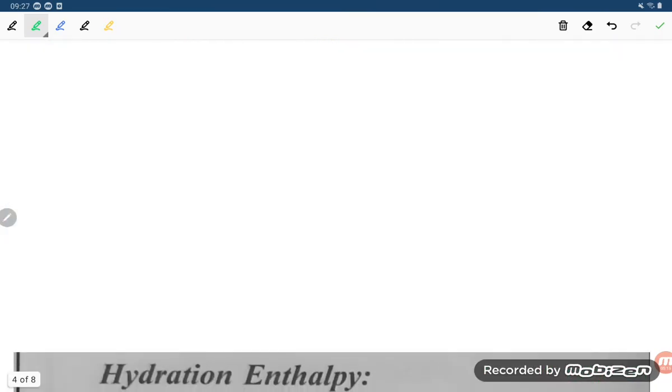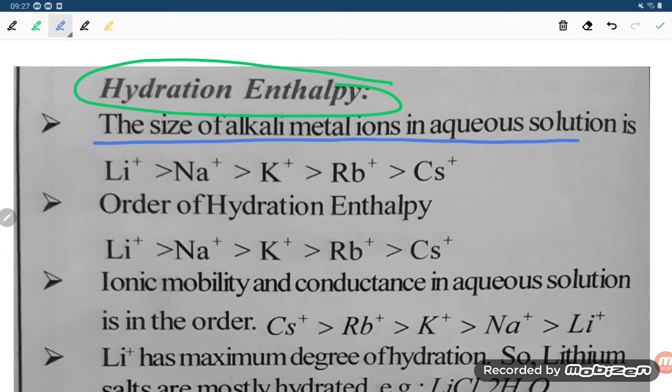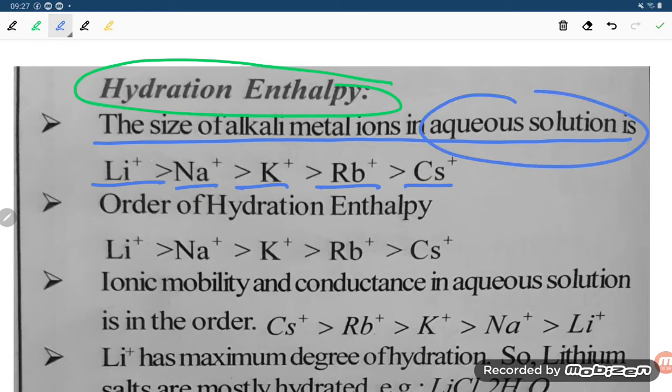Next point is hydration enthalpy, student. So let us look over the hydration enthalpy. The size of alkali metal ions in aqueous solution is lithium high, then sodium, potassium, rubidium, and cesium. So the order of solubility is lithium, then sodium, then potassium, then rubidium, and then cesium. Why, student? The smaller the size,